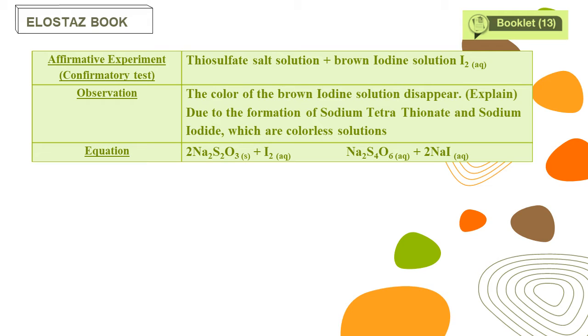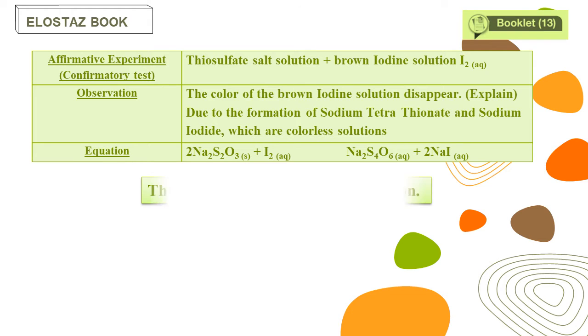After adding it, it will remove the brown color of iodine. We have the product Na2S4O6 aqueous solution, or we call it sodium tetrathionate solution, and at the end we have sodium iodide aqueous solution, which are both colorless solutions at the end of